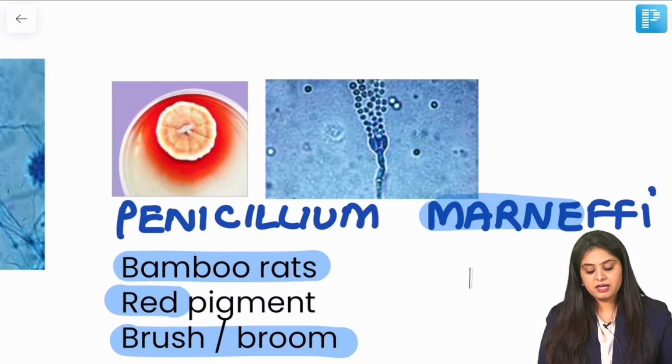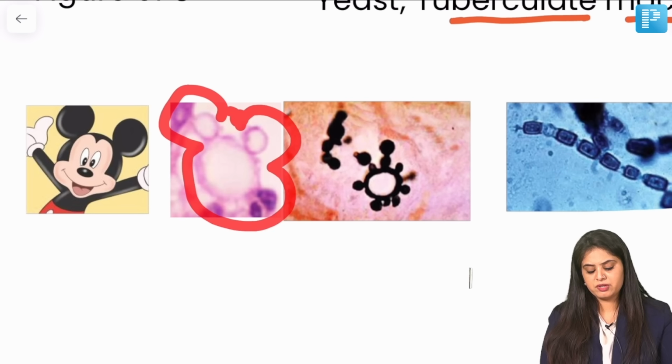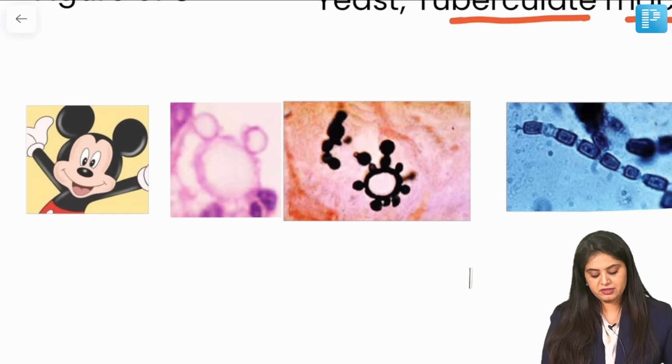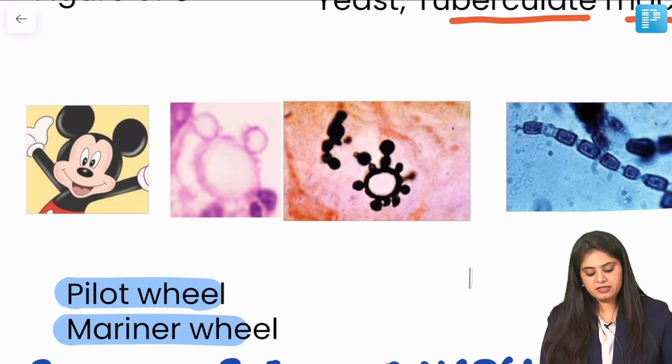Coming to the next, paracoccidioidomycosis. As soon as you look at it, it's classical. I mean, what should I tell you? This is looking like the Mickey Mouse appearance, and this is looking like the pilot wheel. So when they say Mickey Mouse, pilot wheel, these kind of features,